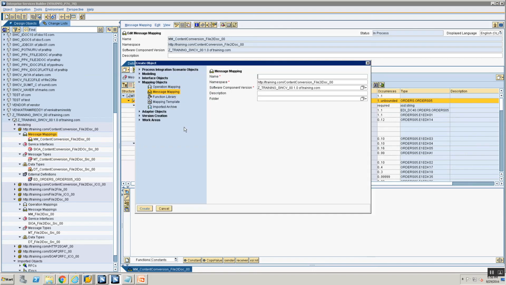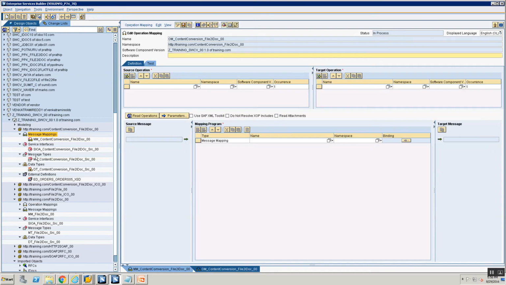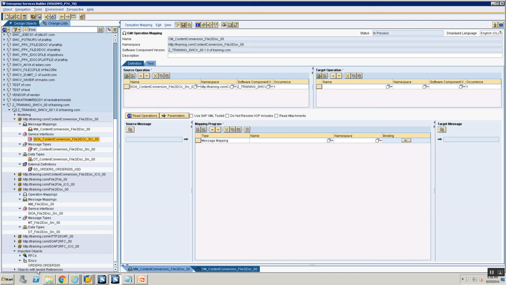Now let's go ahead and create an operation mapping. I'm going to say OM_content_conversion_file_to_IDOC_00. Out here my source service interface will still be this, and my target interface is still going to be my IDOC.